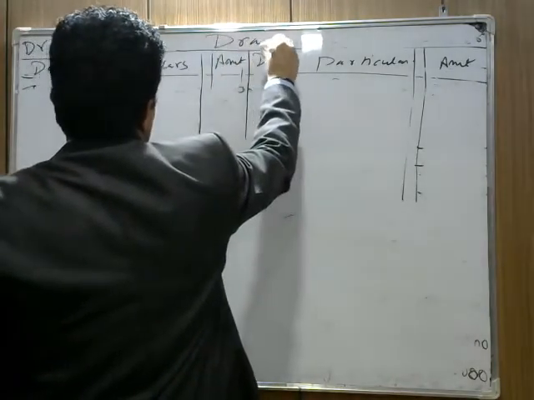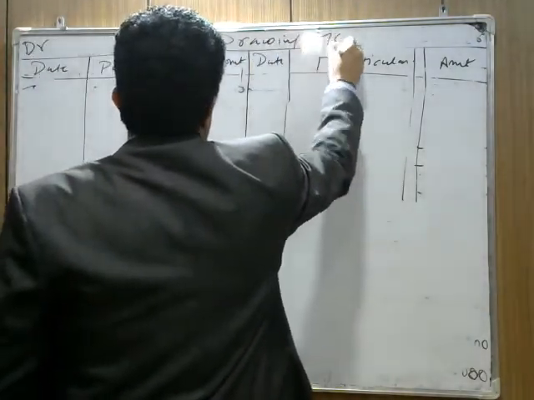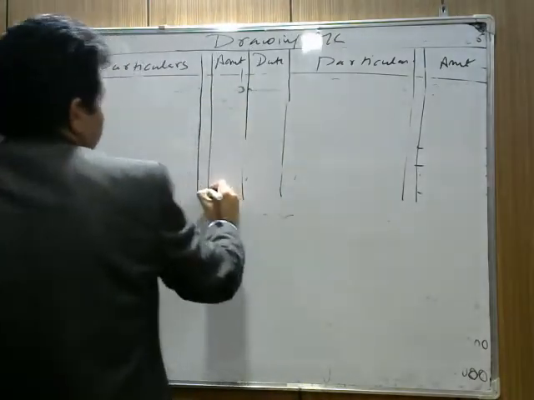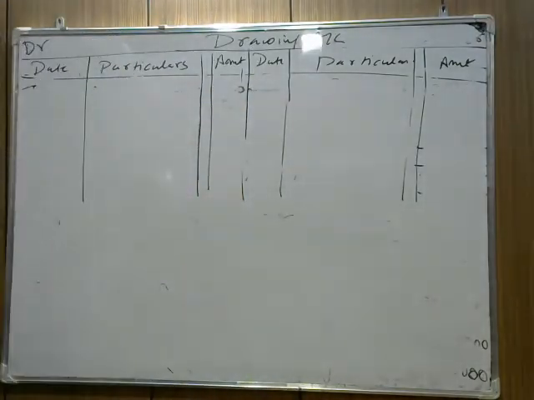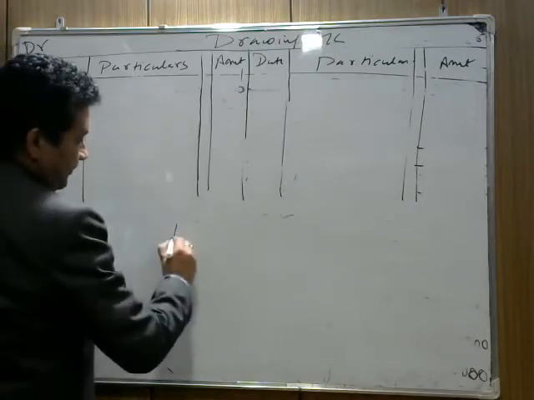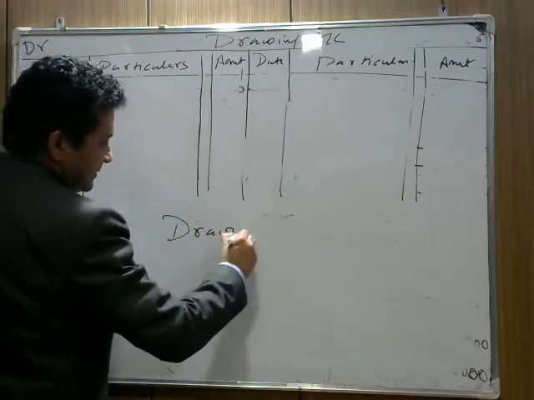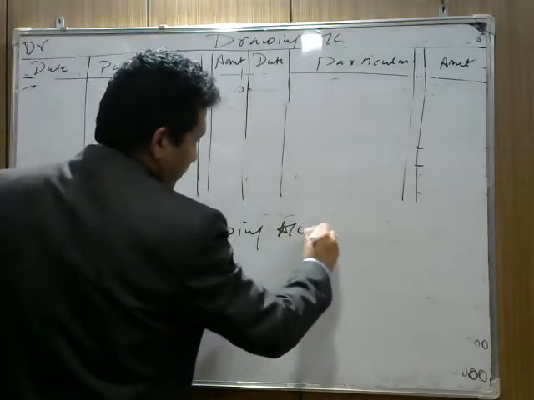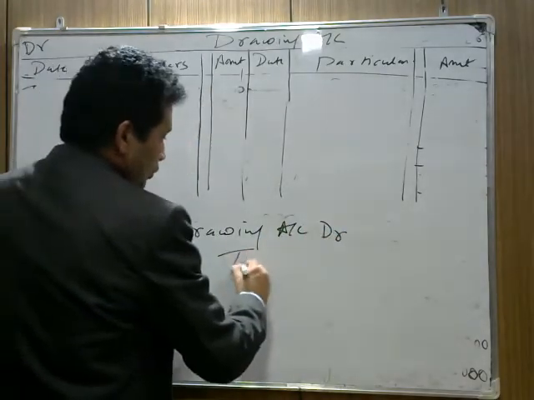Here write drawing account. And we see a transaction where the drawings word is given in the question, on Jan 21st. We withdraw cash for personal use. Jan 21st we withdraw the cash and goods for the personal use. हमने cash भी use किया था और purchase भी. So when we withdraw cash and goods, we write drawing account debit to cash account